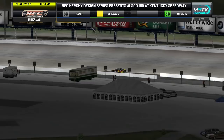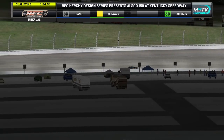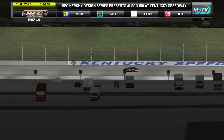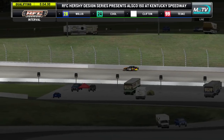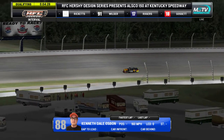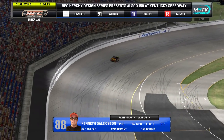Alright guys, welcome back. Qualifying has just started. Cars are starting to gain speed, roll out of pit lane here. The first car we're watching right here is the very popular KD Osmond. KD very popular with all the fans out there, especially